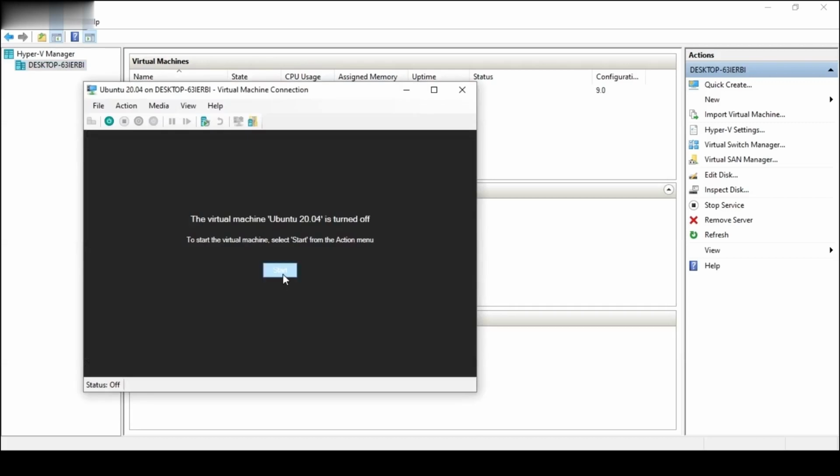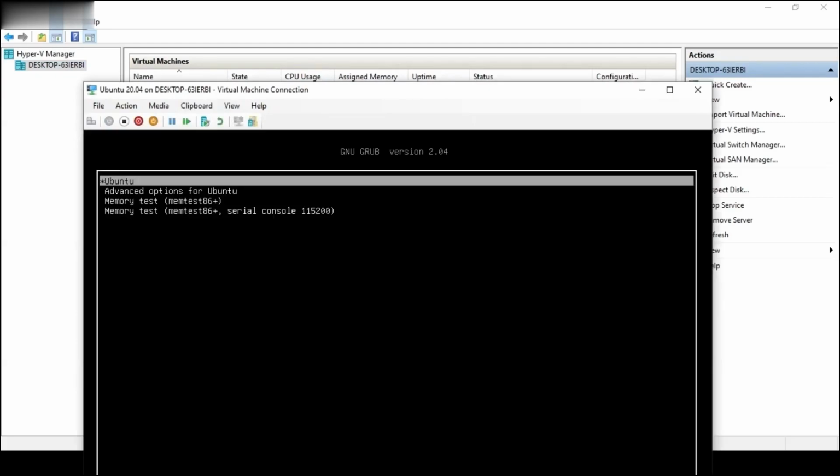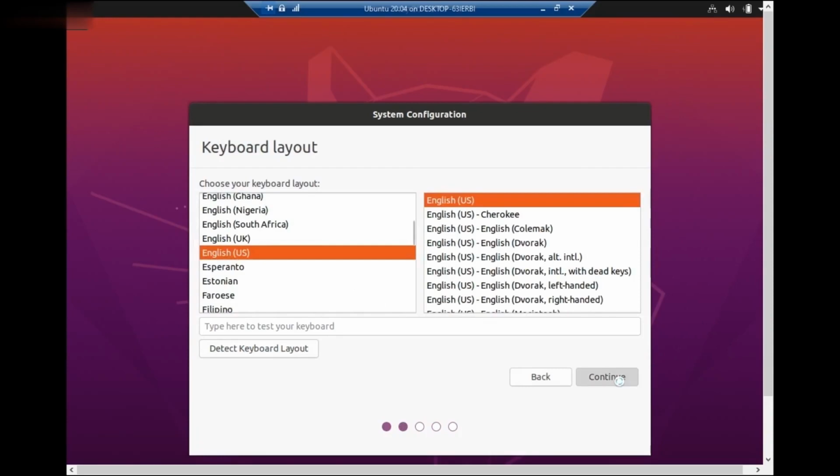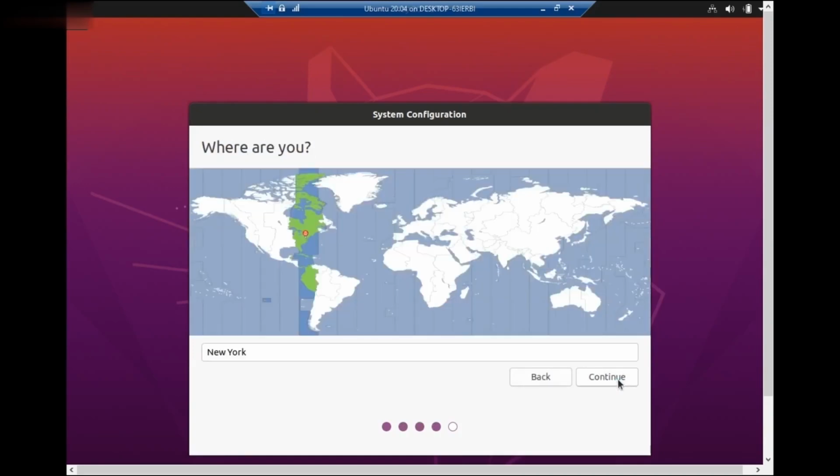We will start the virtual machine. Select Ubuntu. Then we will select the system configurations, language and the time zone. We will select the time zone as India and then we will continue.